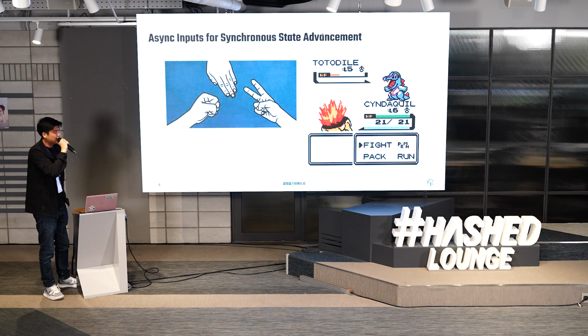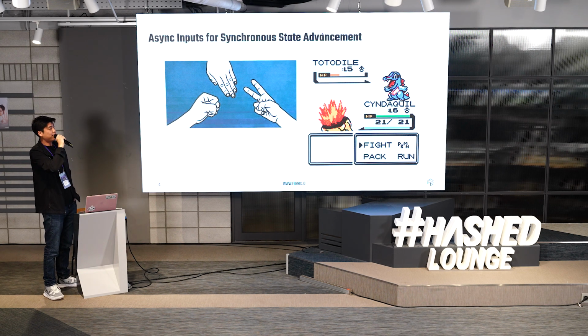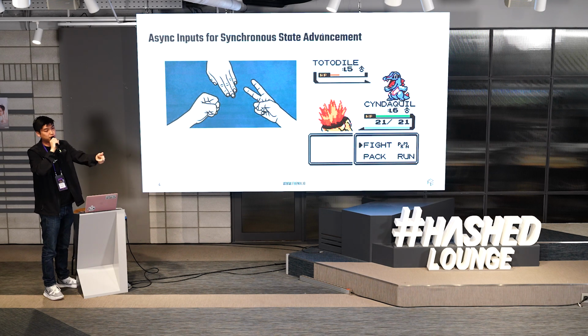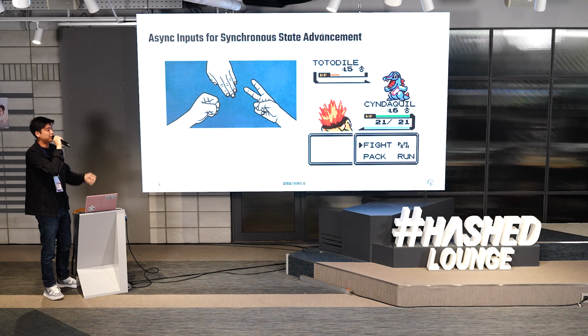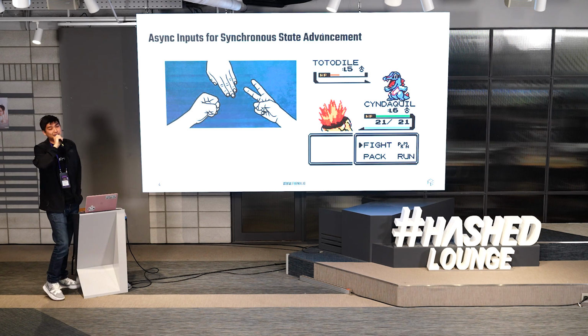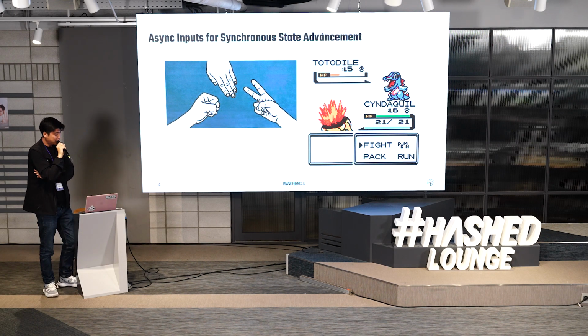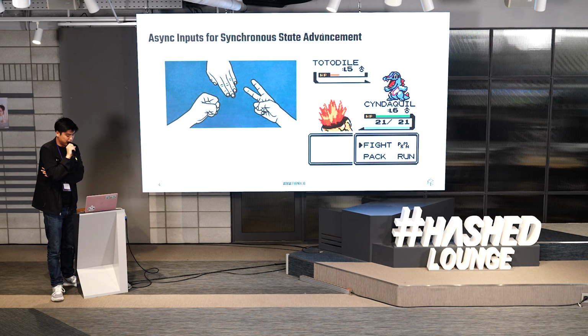But sometimes there are collisions, or the interaction itself actually determines how the state is going to be advanced. And you want both players to be able to make a move without being able to know what the other player is doing. So things like protect or focus punch or dive or fly or something. There's a lot of different interactions in Pokemon. But, going back to the example of rock, paper, scissors,